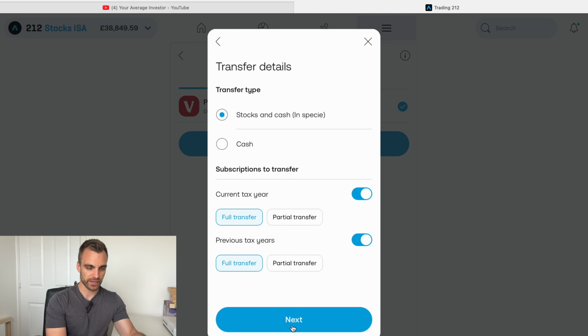The next screen you'll get pulled through to, you'll be able to make a decision as to how you want to transfer your ISA across. You've got two options. You've got stocks and cash, which is known as in specie, or you've got a cash transfer. Now, I'm not a financial advisor. I can't make recommendations, but personally, the decision that I made here was to move across stocks and cash in